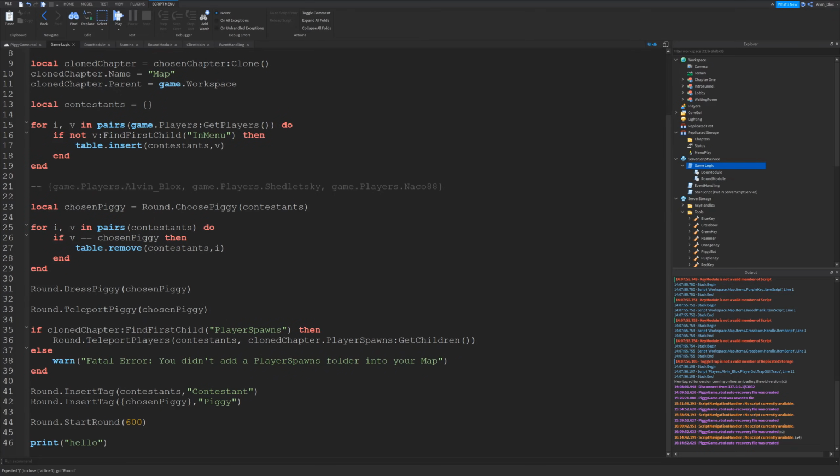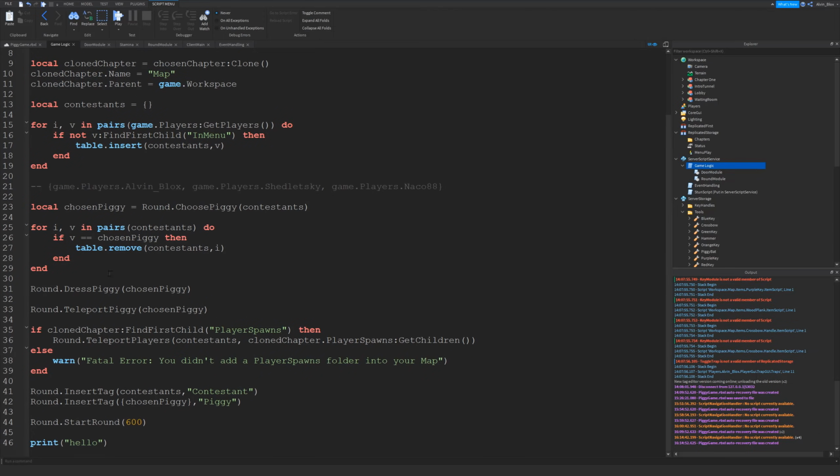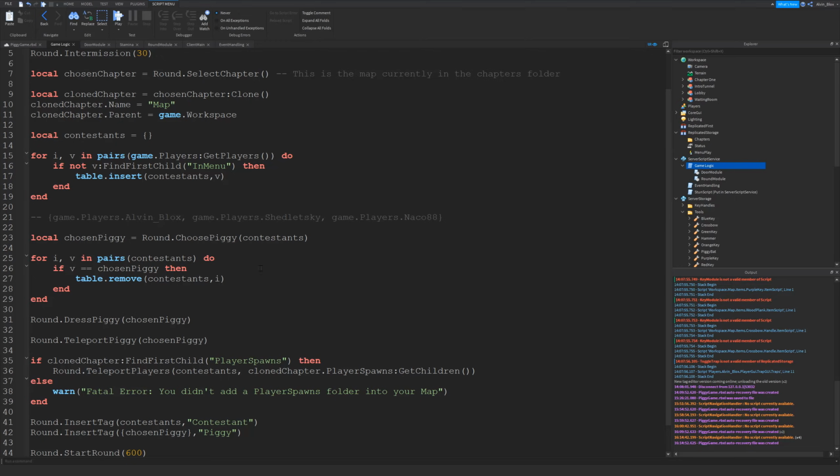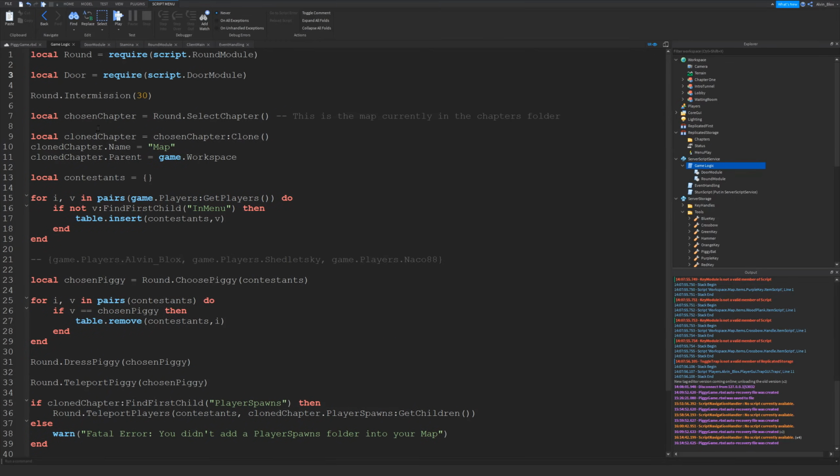And then we need to set up all of these click detectors and events for every single door in the map, so that it will be listening out and waiting for somebody to click the door, so that when you do click it, it swings open. Now all of that has been taken care of in the module. We just need to set it up so we can tell the script which doors to activate. So to do this, we're going to say, after we have inserted the map, where's the map insertion? Here it is. So when we've inserted the cloned chapter,